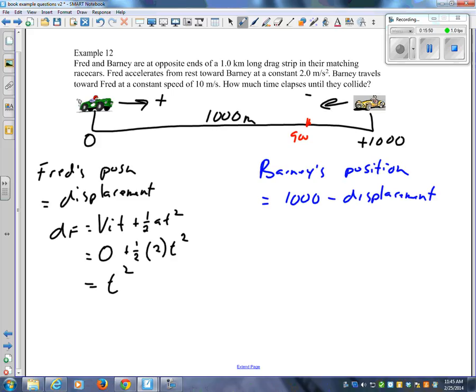Listen, these are the hard ones. Fortunately, Barney's traveling at a constant speed. So what's the formula for displacement for constant speed? V times t. So his position is going to be 1,000 minus his velocity, 10t. T is time. The question is, when do they collide? How much time elapses before they collide? How much time before one of them has to veer off to the side? Well, they collide